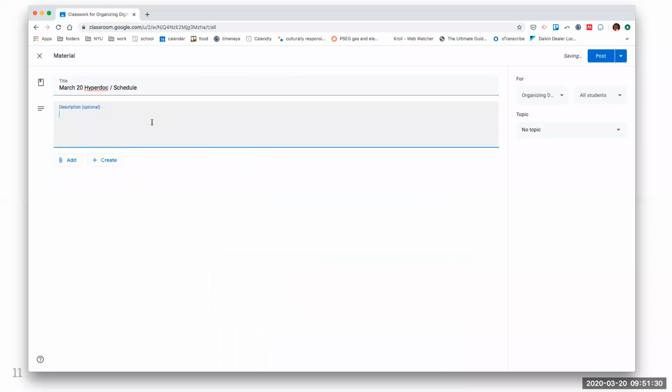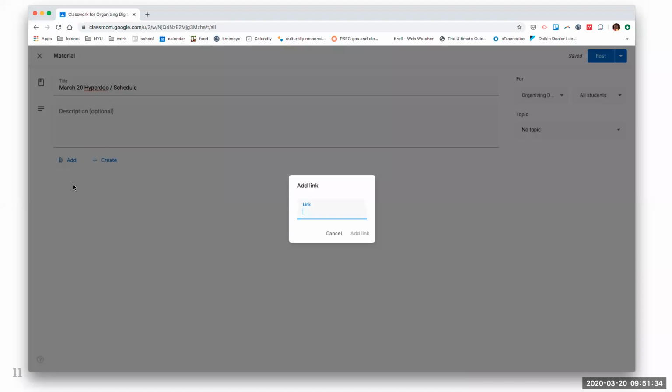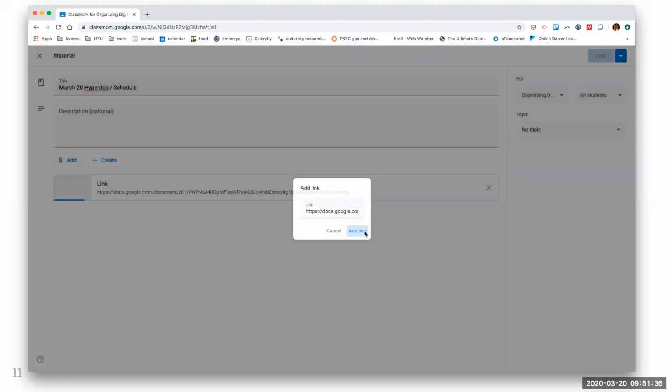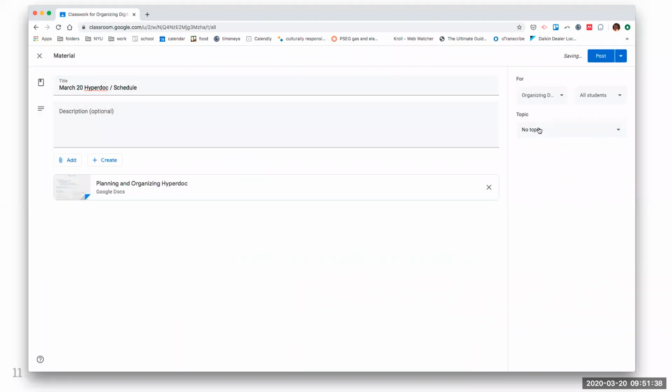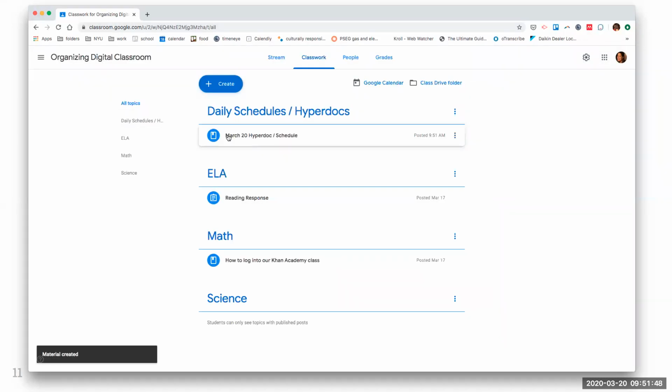And I could put a description. I don't have to. And here I'm going to add that link. And importantly, I'm going to choose the topic daily schedules. So now when I post it, it's going to show up underneath the topic of daily schedule. So they don't have to parse through.